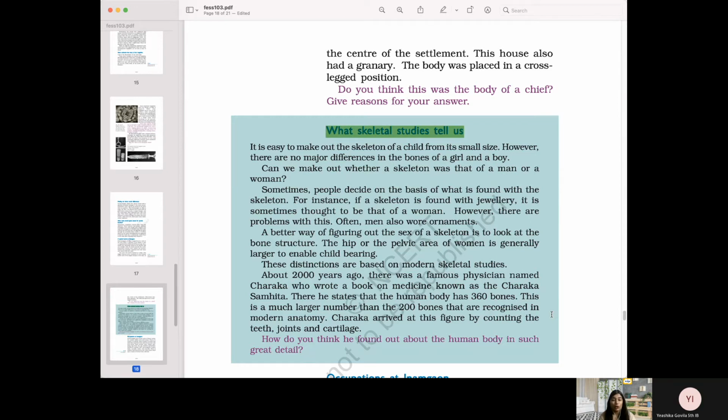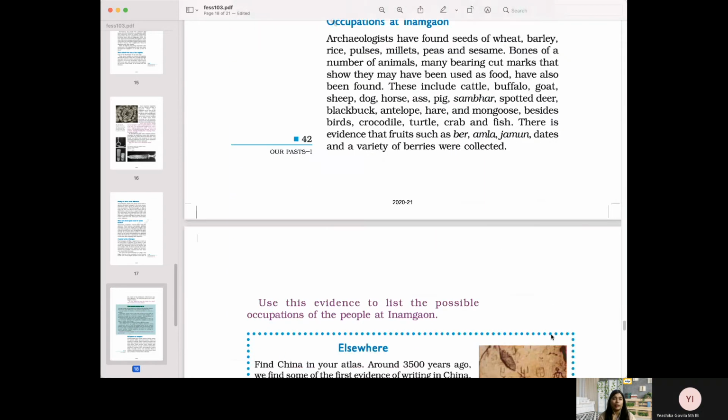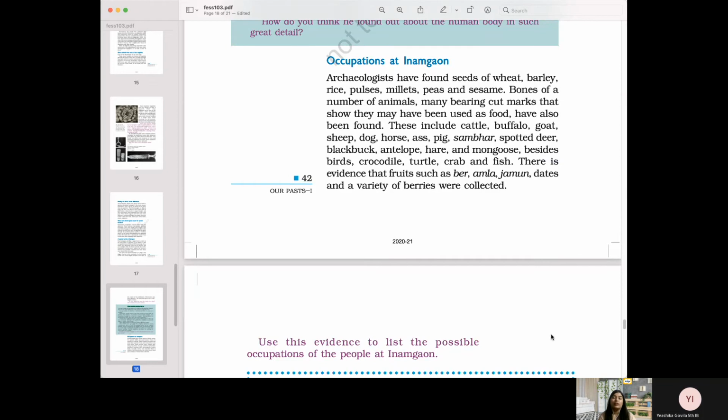Then next we discussed the occupations at Inamgaon, right? It is a land of agriculture, so people had all types of agriculture, like wheat, barley, etc. Even for food, not just crops were used, but also animals were used. How we know is very simple. These animals are found with cut marks on their body, which tells us that these animals were used for food. And then a few fruit evidences are also found, like berries, amla, jamun, bur, dates and all. Then next we discussed about,